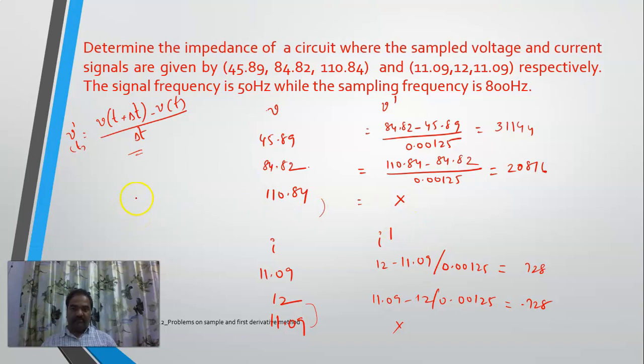Now for determining the magnitude of Z, this is V max by I max, right? Or you can directly employ the formula. What is V max? Square root of v square plus v dash by omega whole square. I max is,